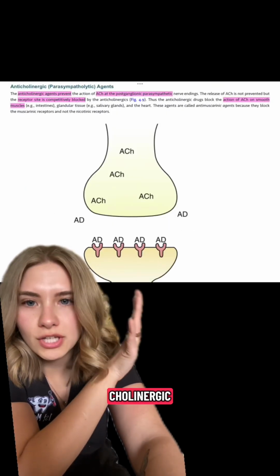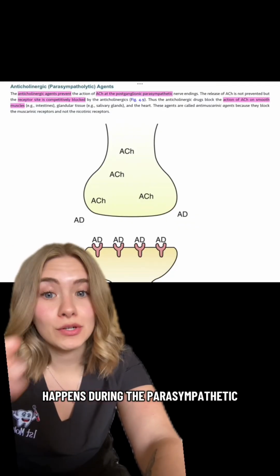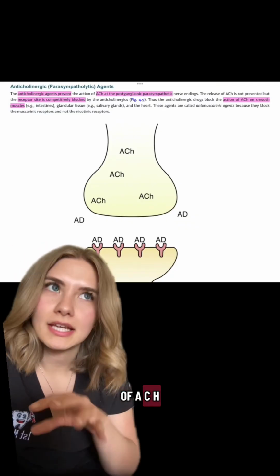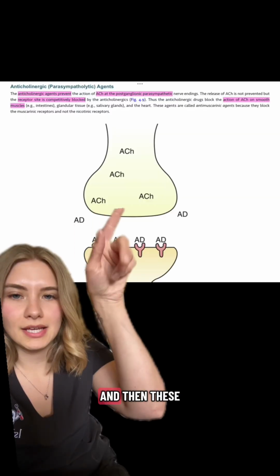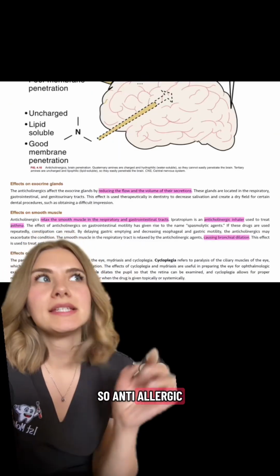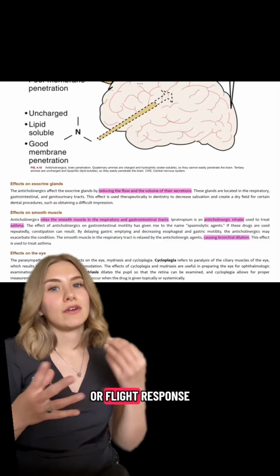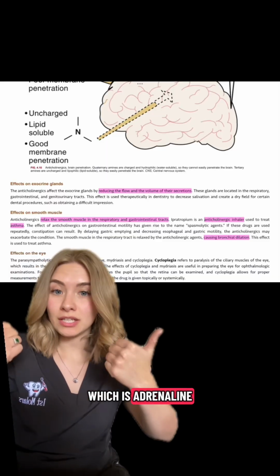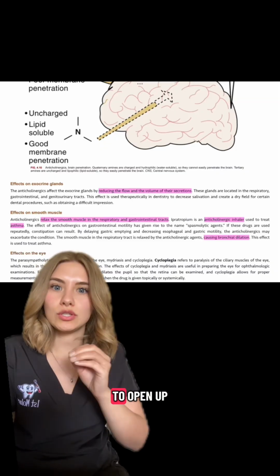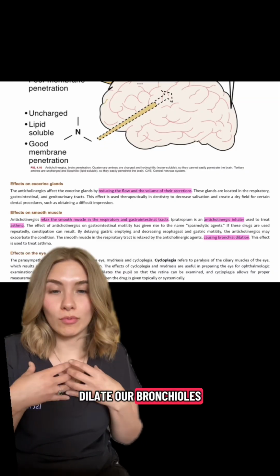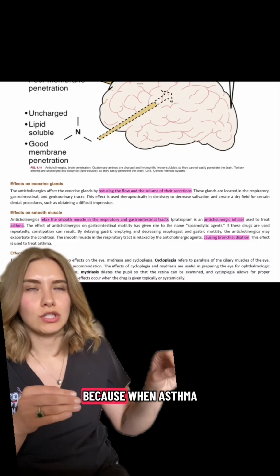Okay, so anticholinergic. This is going to be the anti-calming effect, or reducing what happens during the parasympathetic. So the release of ACH is not inhibited or anything, it's just blocked. See, this is the ACH and then these are the blocks. So anticholinergic agents can be used for people with asthma, because remember, during the fight or flight response, which is adrenaline, right, instead of the calming cholinergic, we want to dilate our bronchioles so we can breathe, right? So this is going to reduce the flow of secretions, because when asthma happens,